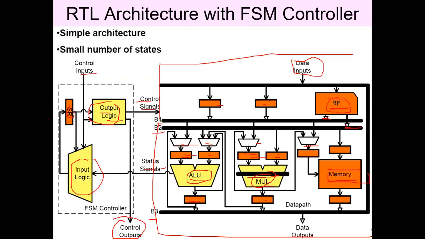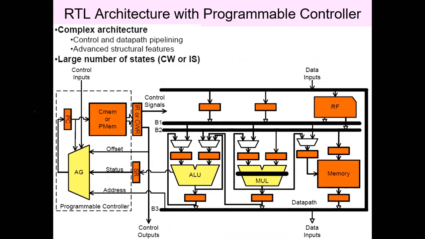Okay. So anyway, we have two sections: one is the data path and the other is the controller. The data path section will be common for the FSM based controller as well as the programmable controller. Next one is the programmable controller. Here the data path section is the same. Okay, this much part is the same. Here we will be having some functional units and some registers that will be connected together. We'll be having some register files as well as some memory.